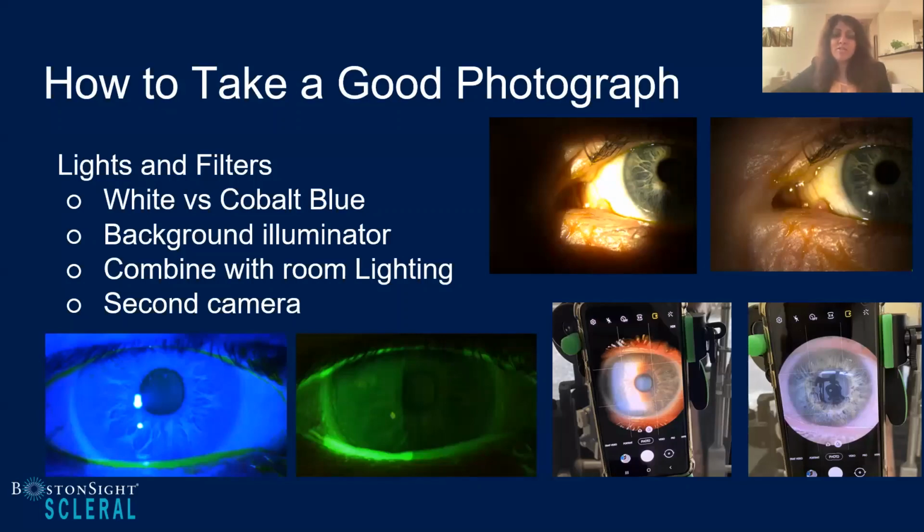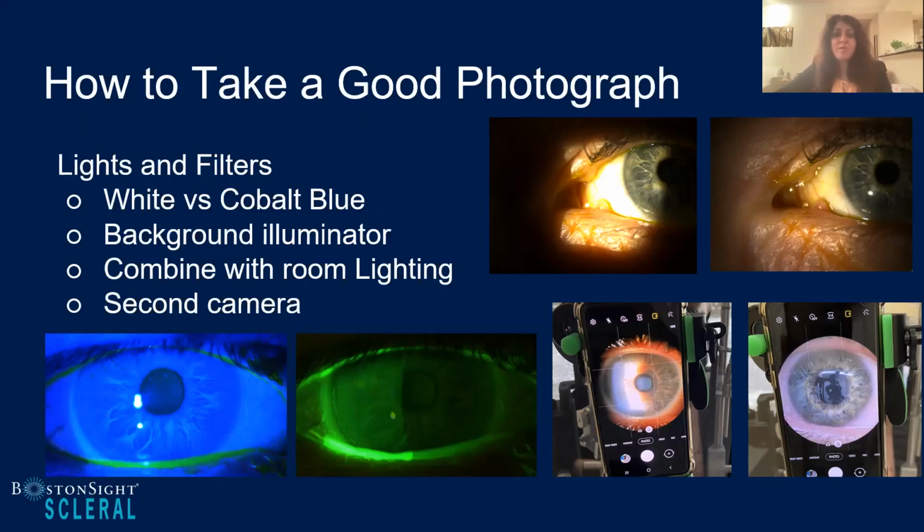Down here at these two photos, on the left, we have that image of the cornea that we're seeing through the smartphone, and this is with the slit lamp light on. What I then did was turn off the slit lamp light and turn on the room lighting to get a picture of the same cornea with just ambient light. That room light gave me such a different perspective on these images. You can play around with the lights in the room being down, up, slit lamp on versus off, and see what type of images you get depending on what you're trying to photograph.